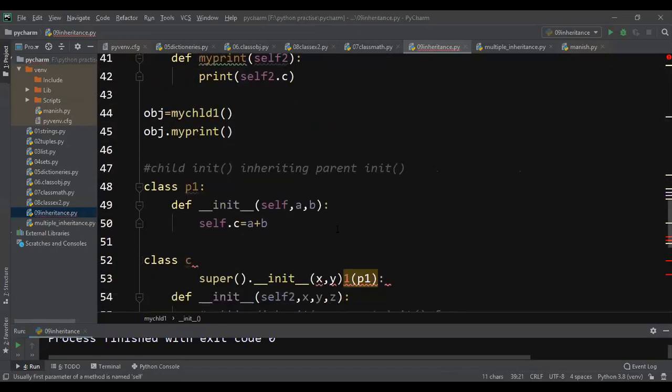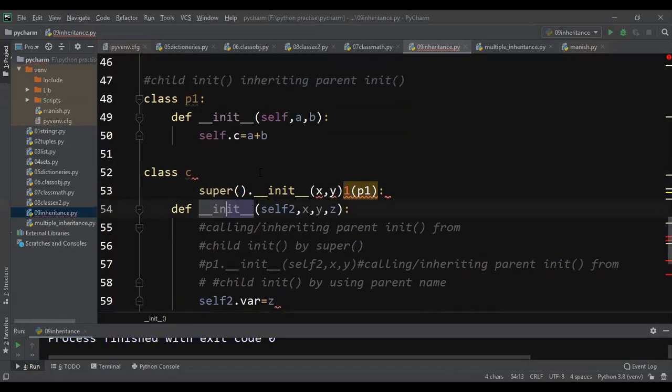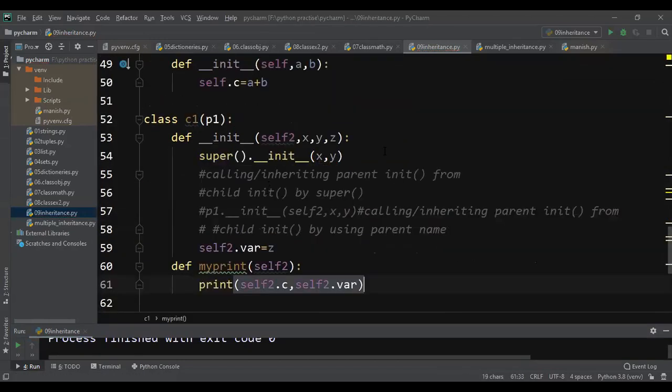So for that, what you have to do is, from your child constructor, that is, this is your child constructor. Sorry, what happened? Something is deleted. Okay, this is your child constructor, right? From your child constructor, you can call your parent constructor.